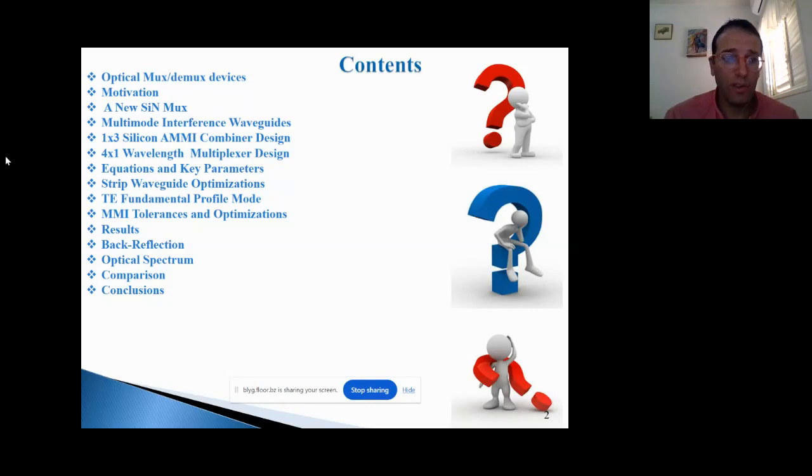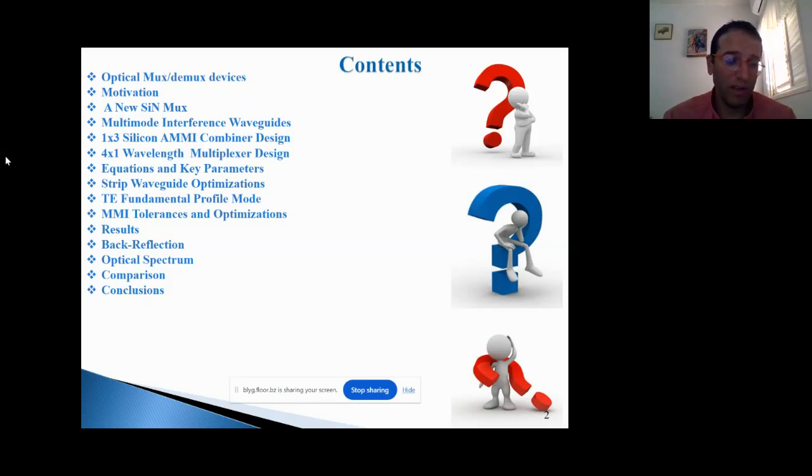We're going to overview the strip waveguide optimization of the silicon nitride, and see all the results done with Synopsys RSOF CAD software simulation, the profile of the TE fundamental mode solution, the tolerance and the optimization for the fabrication requirement, the results of the intensity, and of course the back reflection,